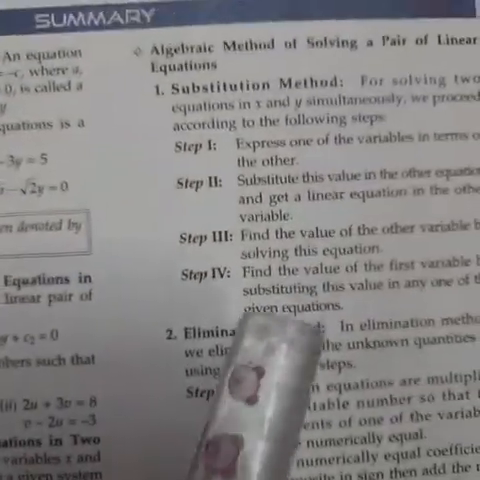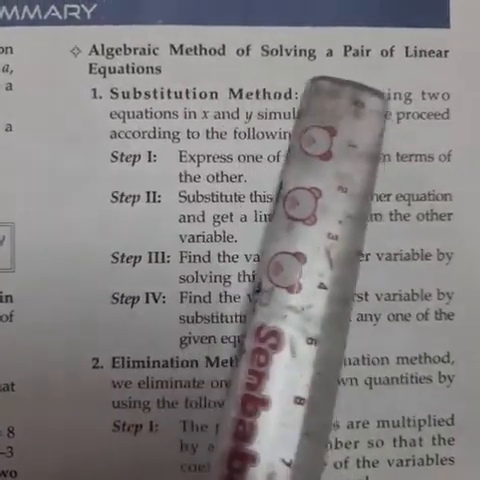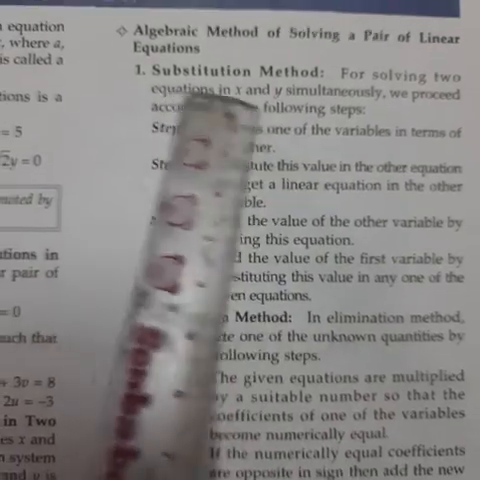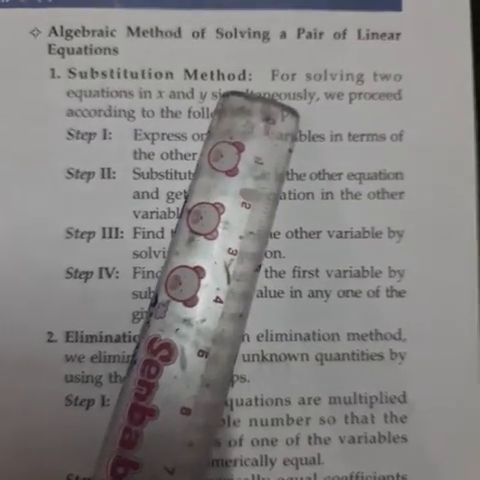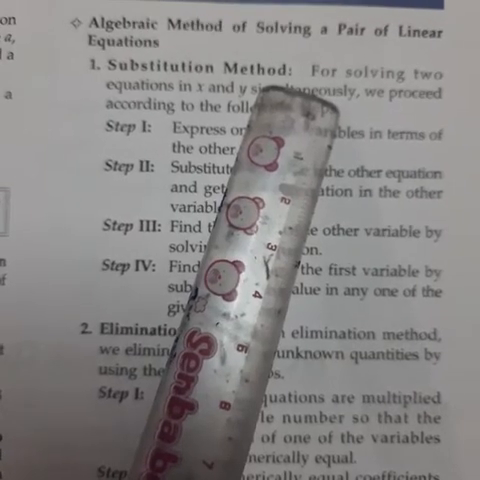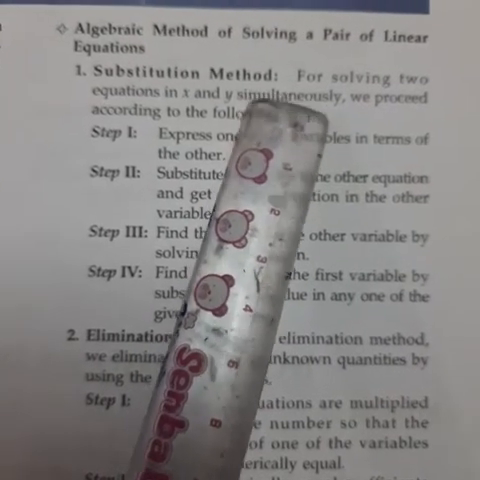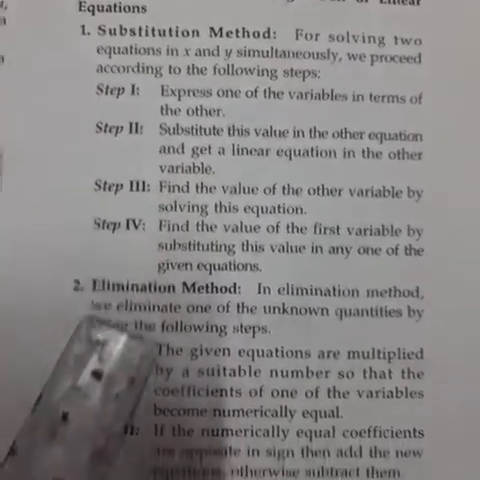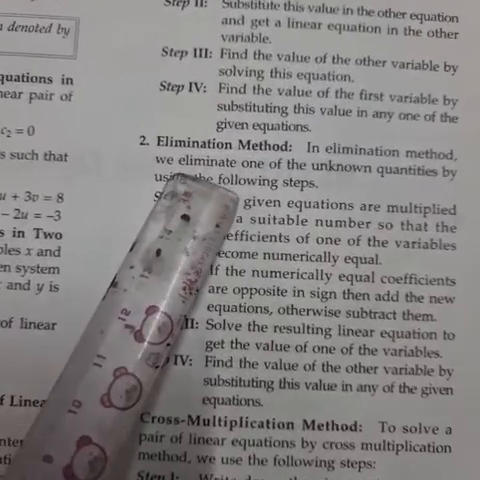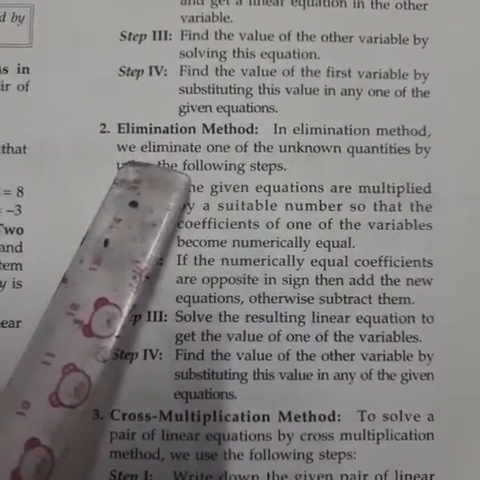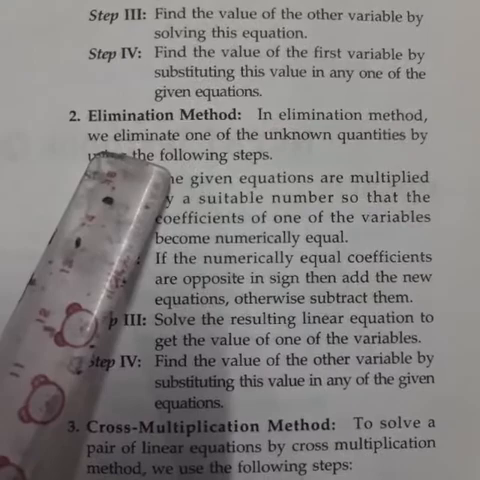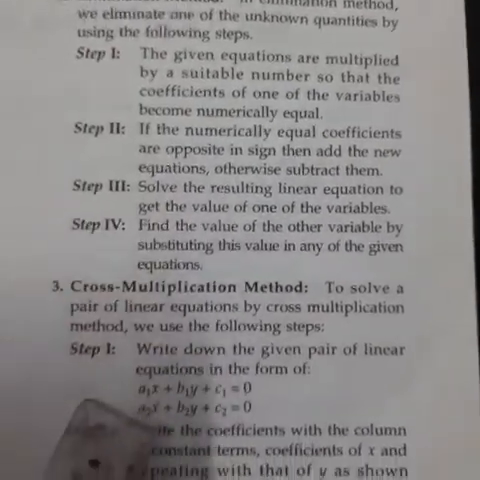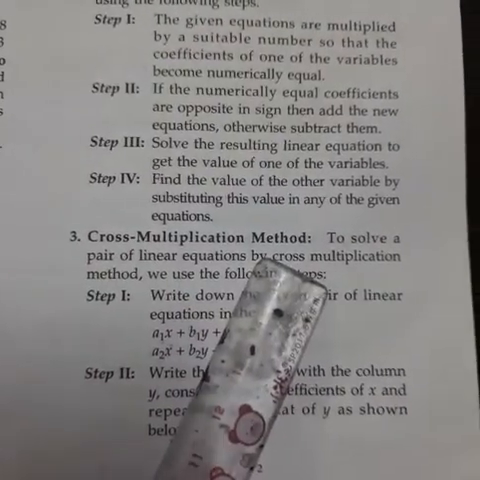Then what we have done is the algebraic method of solving a pair of linear equations. Here we have done the substitution method. There you will substitute the value of x and y in the given equation. Then we have done the elimination method, where we have to eliminate any one variable. Then we have done the cross multiplication method,